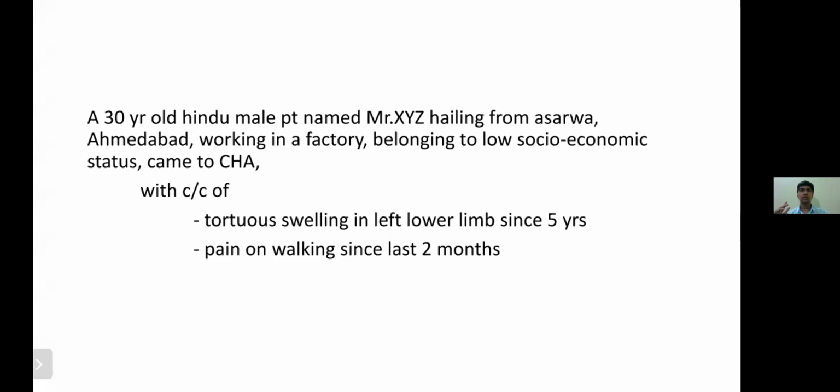The second chief complaint is the leg pain. Pain on long standing will be the common history. The patient will not give pain on walking, it will be pain on long standing. Sorry. So these are the things that I have to change in the OPD part.